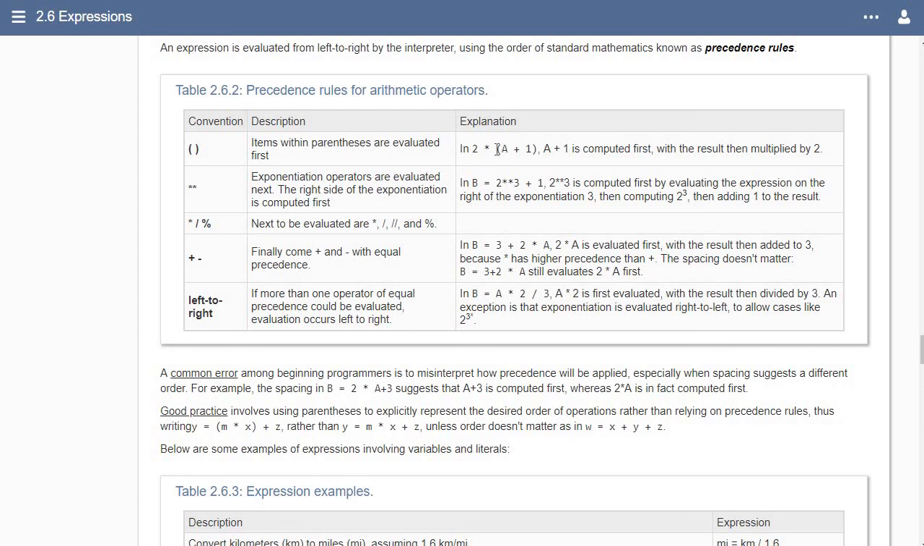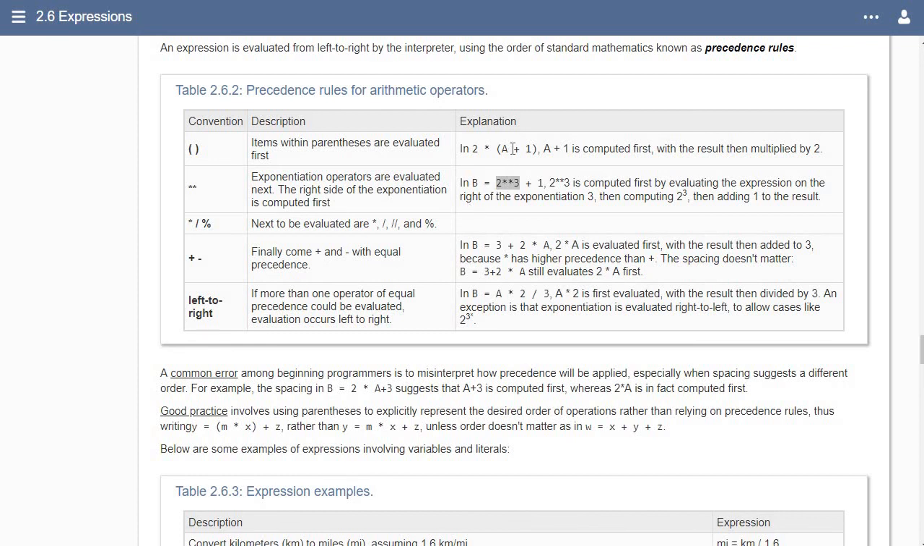Now, this basically would then be replaced by 2, and we would have 2 times 2. So that would end up with the result being multiplied by 2, which would be 4. The next thing you do is exponents. 2 to the third power, 2 times 2 times 2, which would be 8, plus 1, which would be 9. So the first thing you do,